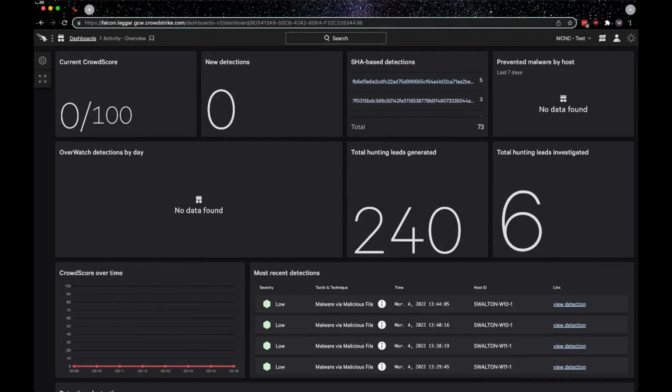As always, when we log in, we'll be landing on the dashboard's activity overview section. And anybody who's been in IT knows that a tool's only as good as its supporting documentation. Lucky for us, Crowdstrike has some good documentation to go along with their good tool. In order to access the documentation, you may have seen a couple of different areas in prior videos, but from